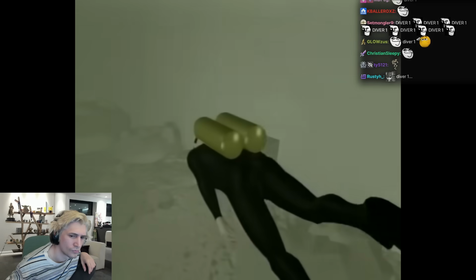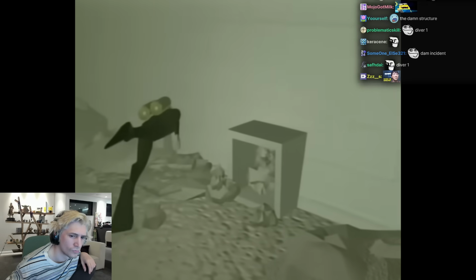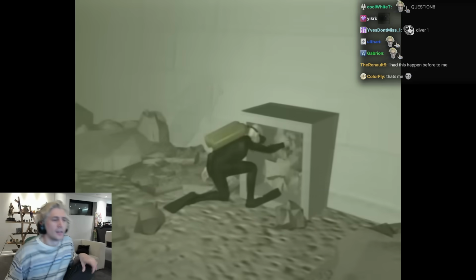Diver 1 enters the water behind the dam structure in order to clean the strainer of the dam's drain. When the drain is cleared, the tremendous force of rushing water